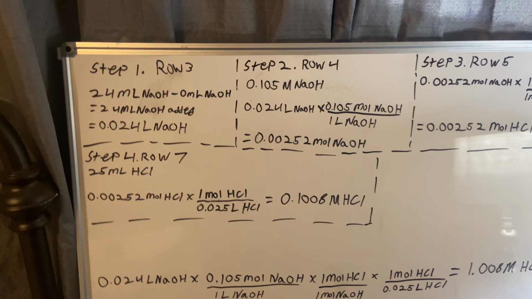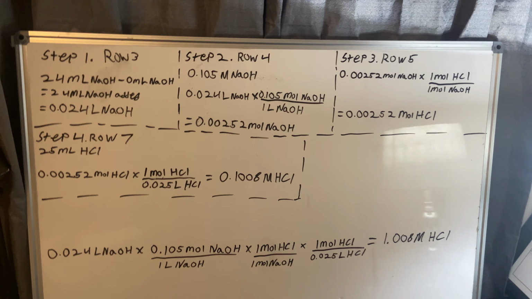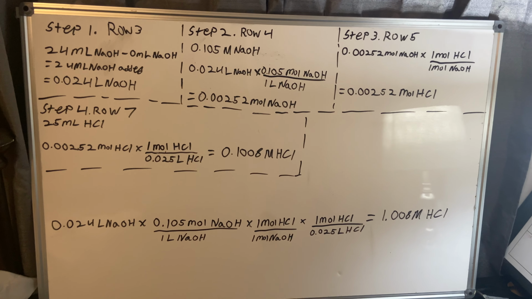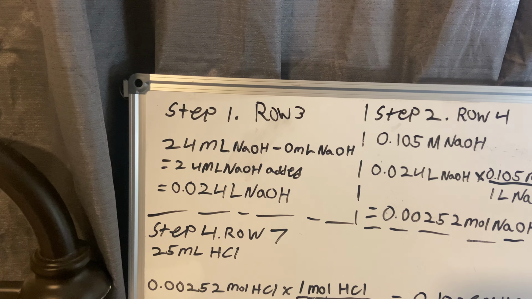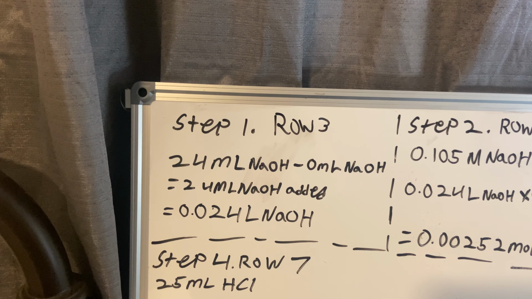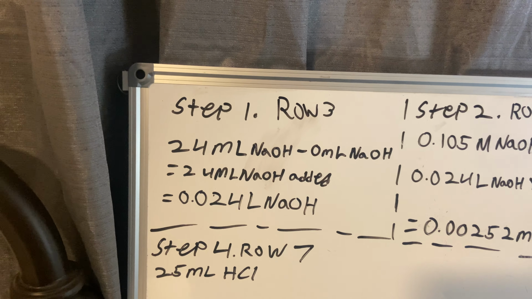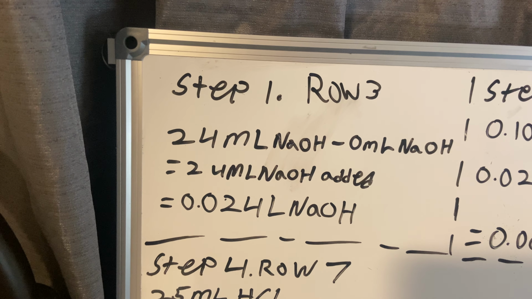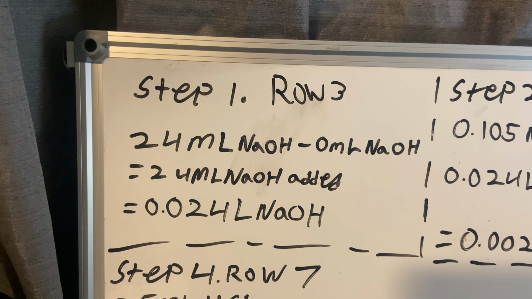Experiment 10, Acid and Base Titration 2. I know this may look messy, but this is sort of how I organize things in my head. For step 1 of the calculations, we had to find the amount of milliliters, or the amount of NaOH that we added to the concentration. As we can see, we found that there was 24 milliliters added, so that's 0.024 liters